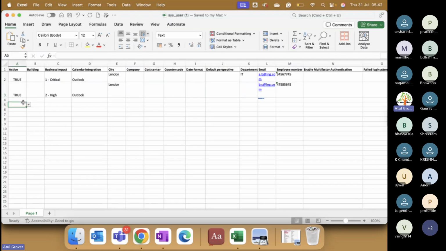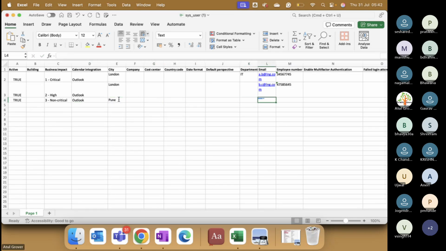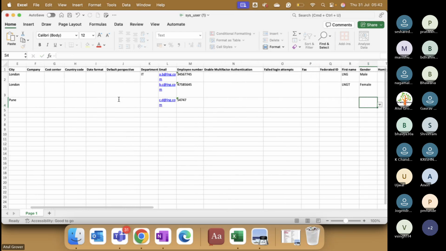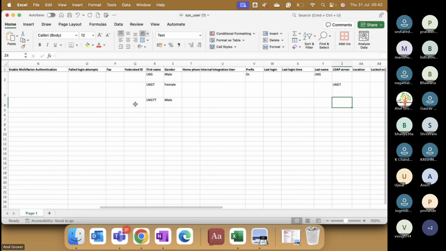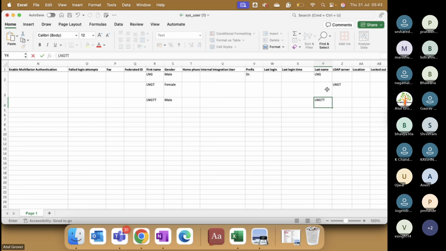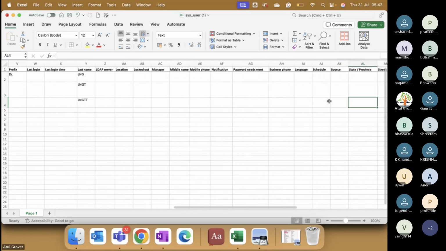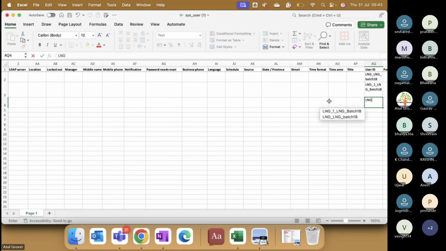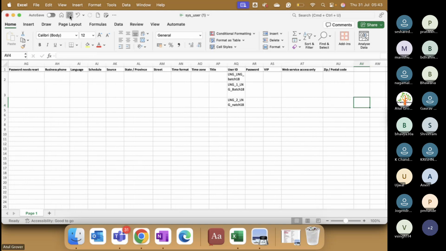चलो इसको एक काम करते हैं, एक और फील्ड और एक एंट्री करते हैं, non critical, outlook, पुणे, c.d@lng.com। Sorry, इसका तो रह गया था, गलत कॉपी कर दिया हमने। ठीक है, अभी देखते हैं अभी क्या होगा। ठीक है, सेव।